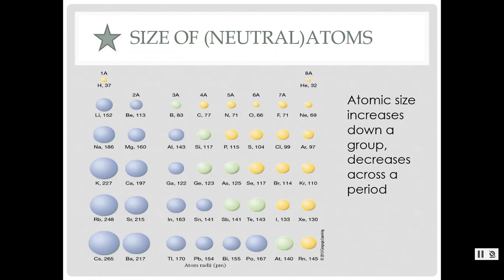The effective nuclear charge will increase. So because of that, the atomic size decreases going across a period, from left to right. That's a periodic trend that you should know and be able to apply in problems, your homework,